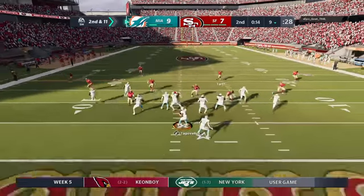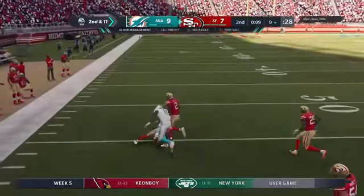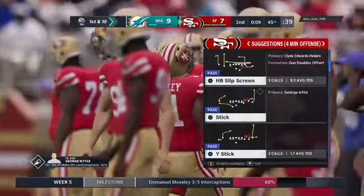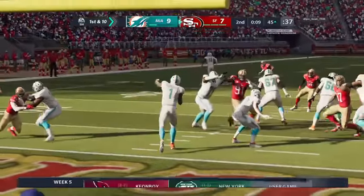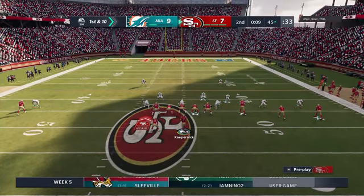After the loss to start out, here's 2nd and 11. Going deep here for Parker. Oh, and Tua going to be intercepted for the 3rd time. Picked by Emmanuel Mosley. The 2nd down pass. Intercepted. The Niners take over 1st and 10 at the 45-yard